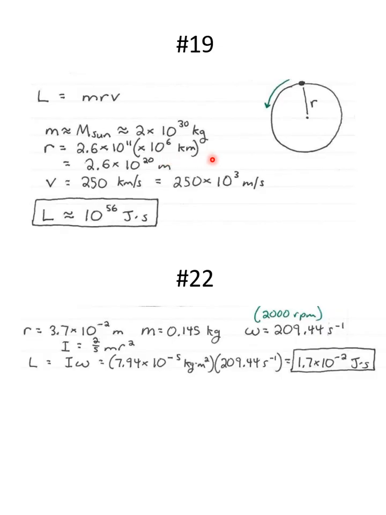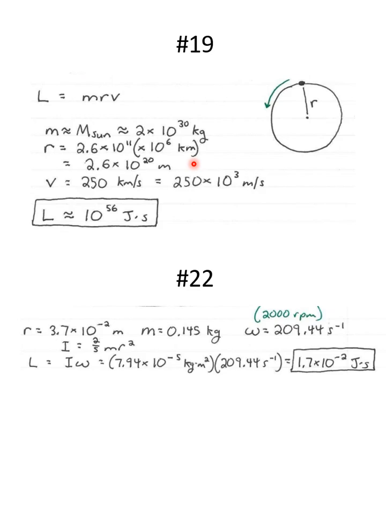Well, with all these powers of 10, you're going to turn kilometers into 10 to the third power. Say you have powers 11, 6, and 3. That's going to be a total of 2.6 times 10 to the 20th meters. So we know M, we know R,